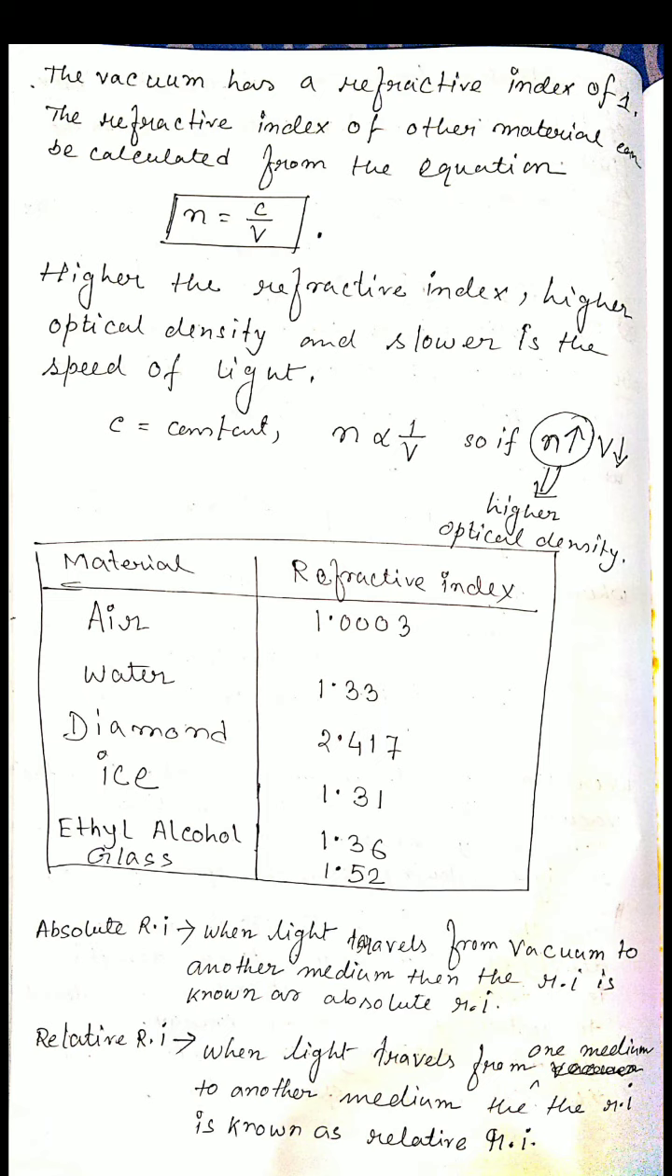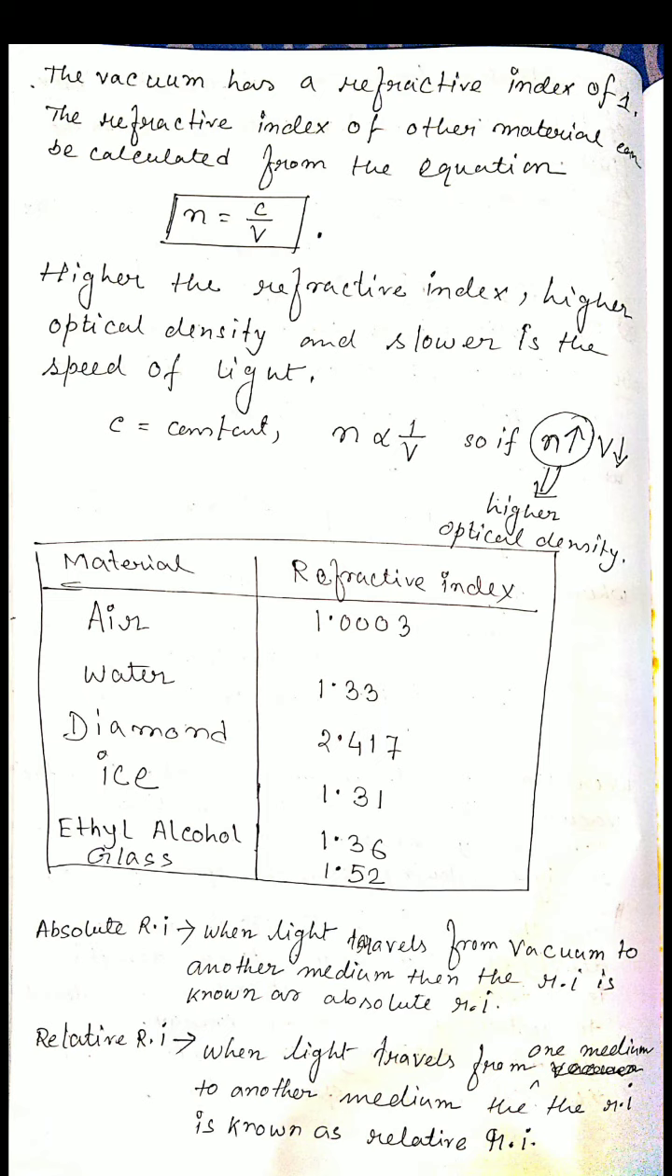N1 is the refractive index of the first medium. N2 is the refractive index of the second medium. N3 is the refractive index of the third medium. So this N1, N2 and N3 are called absolute refractive index. Clear? And relative refractive index, when we compare,